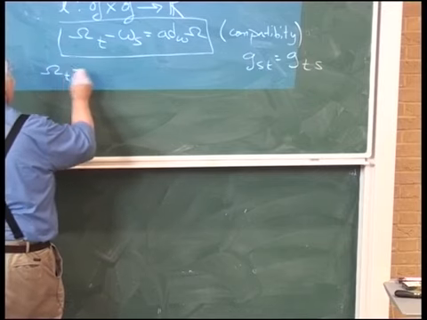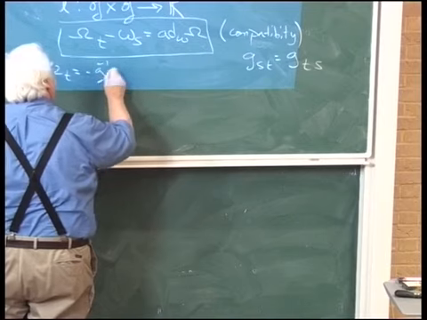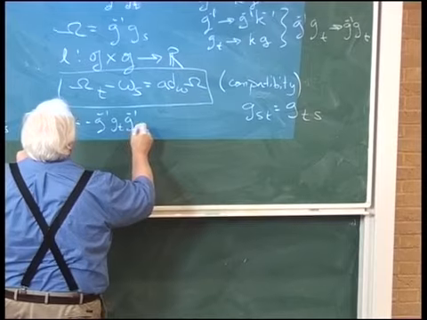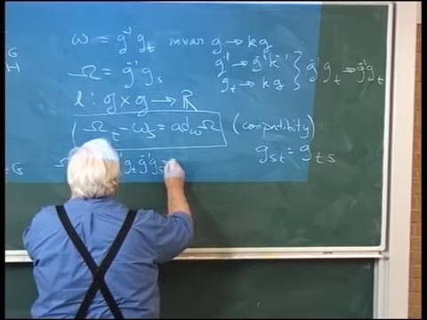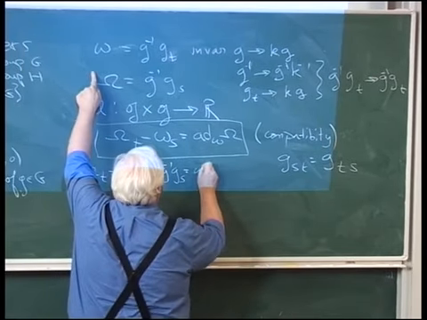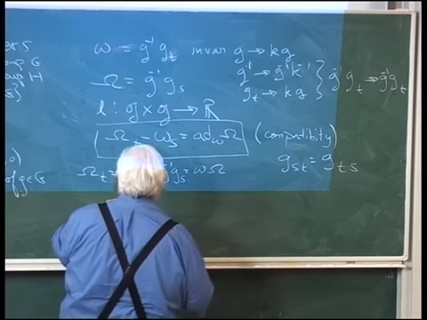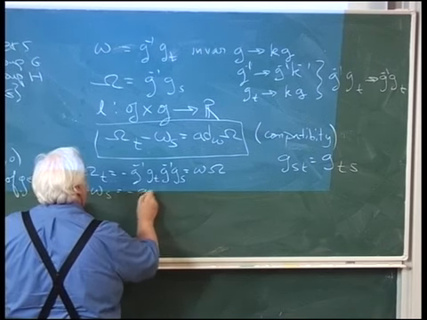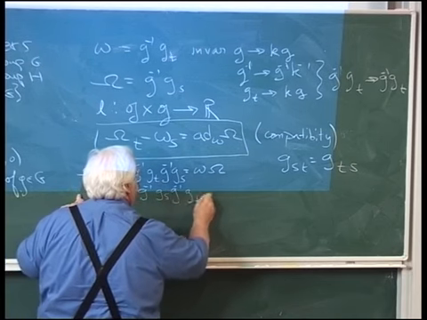Omega sub t is minus G inverse G_T G inverse S, which is equal to little omega times big omega, and little omega sub s is minus G inverse ds, G inverse dt,